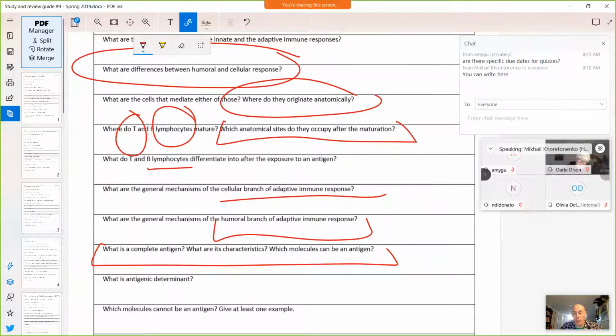Antigenic determinant is the part of an antigen that is recognized by the immune system. So it's really important to understand: a part of an antigen that is recognized by the immune system. Like when you describe a person, you don't say this person has 2 legs, 2 arms, a head. You say, okay, really long nose, or, I don't know, very tall, a tattoo on the left arm, stuff like that.